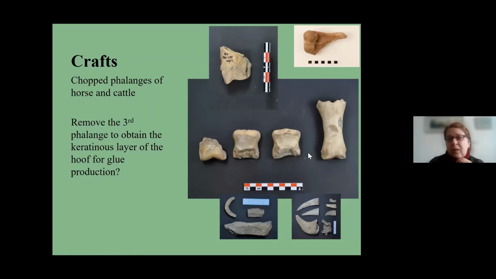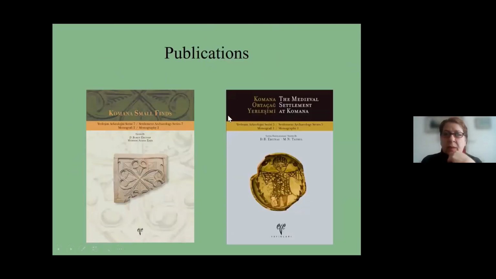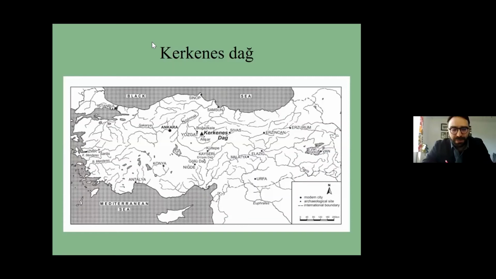And I cannot imagine that there is a serious reason to butcher the end of the fingers, let's say, of the animals. Nevertheless, these parts are where the hoof is, and I conclude that they chop them to get access to the hoof and use the hoof, sorry, for glue production, probably. You can see this information in this publication here, and I see my time is getting short. I'm coming quickly to my last slide, which is